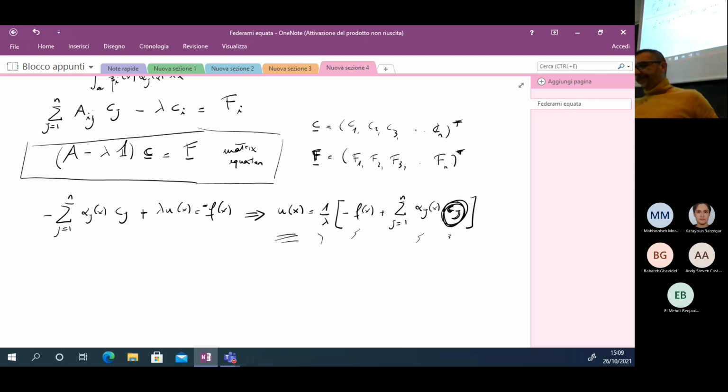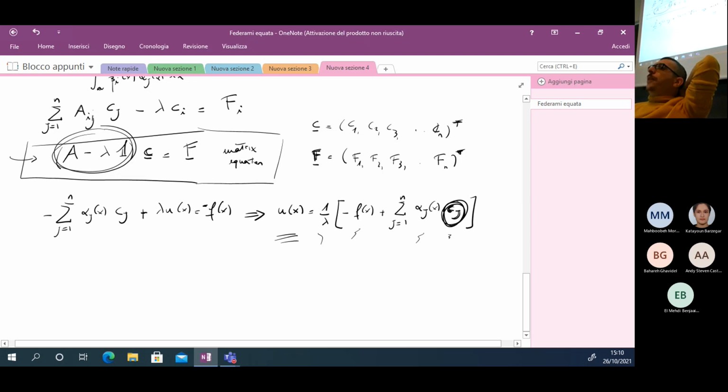So we can say something more, which is the following. Actually, we know that there are some methods to study the solution of this system. The idea is that you have to calculate the determinant of this matrix here. Now, if the determinant of this matrix is different from 0,